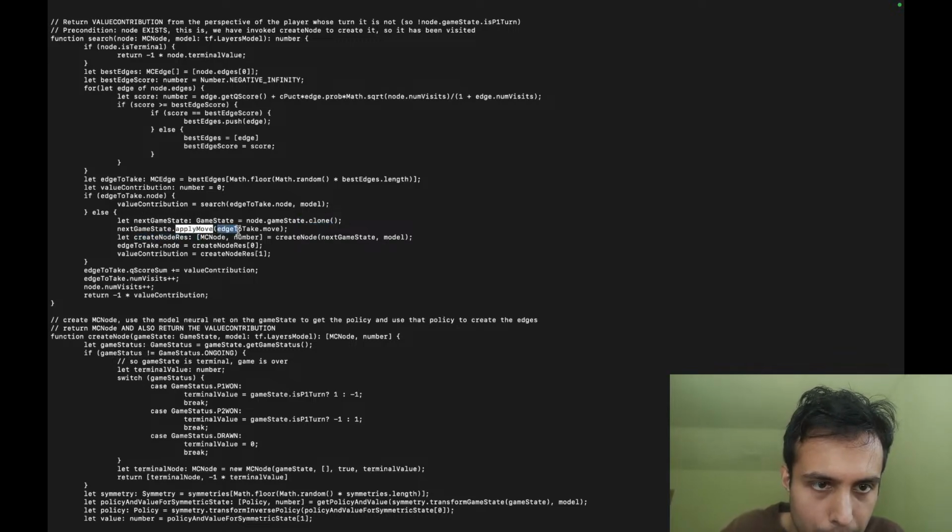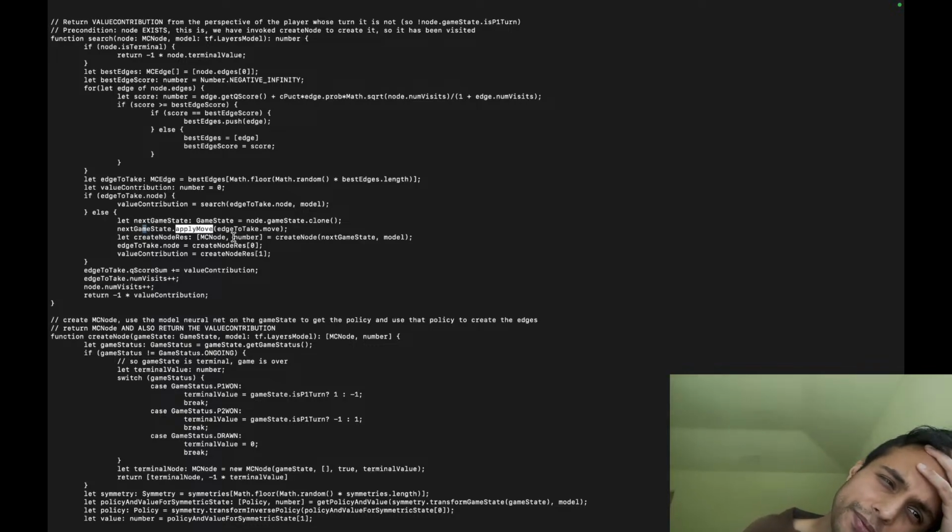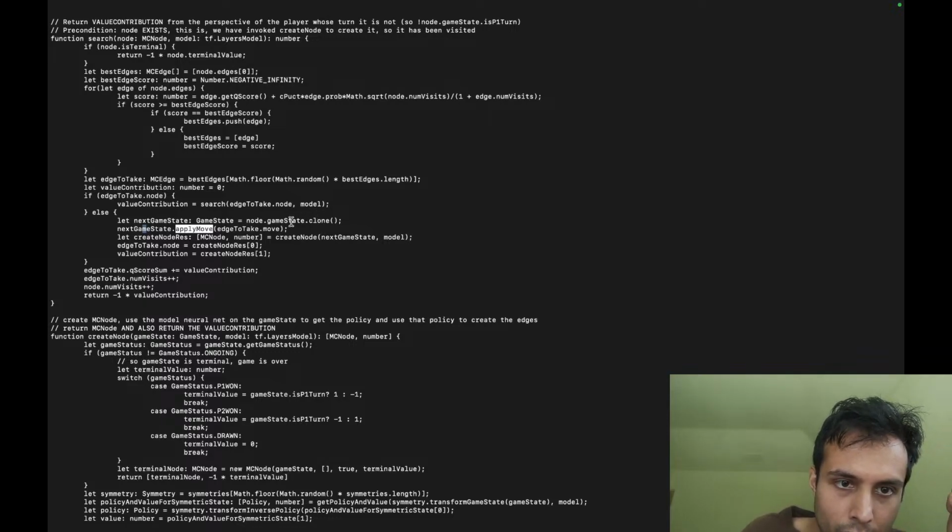So apply move would become apply move taking a new parameter. It won't just take in one parameter, the game state. I'm saying it should take in 2 parameters: the game state we're going to destructively apply the move to, and a clone of it. Or wait, no. The point is that we're going to pass in the node.gameState and the next game state. We pass in the clone, so we don't have to do the cloning.